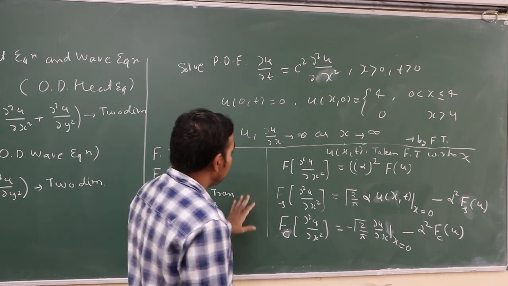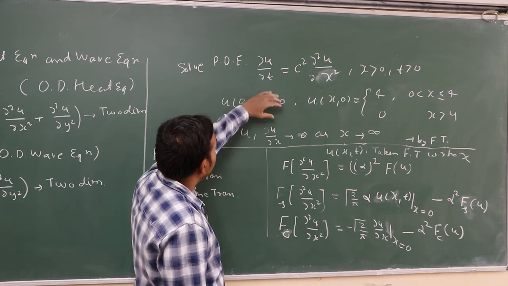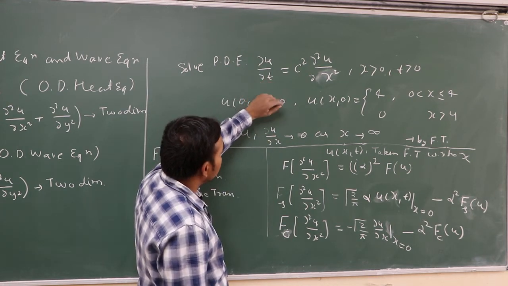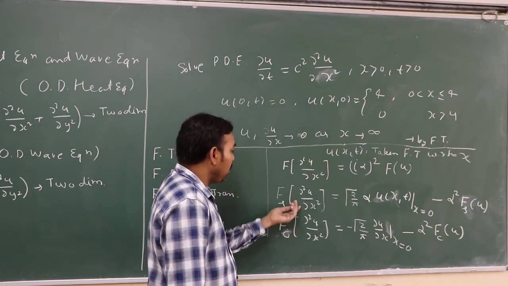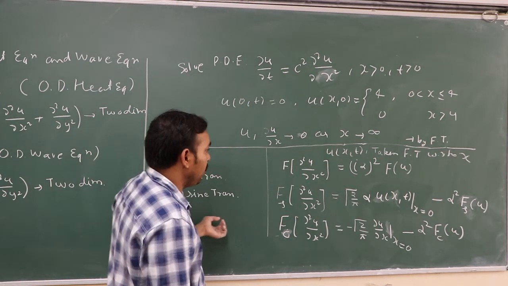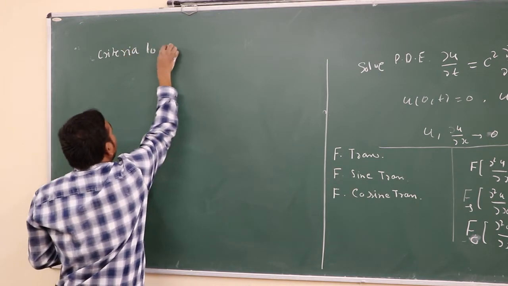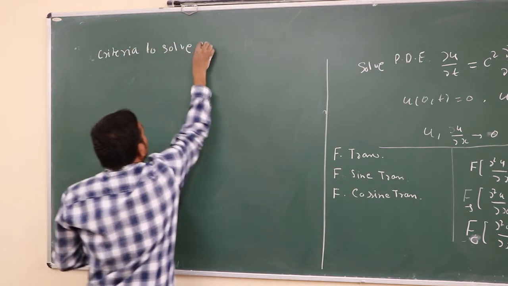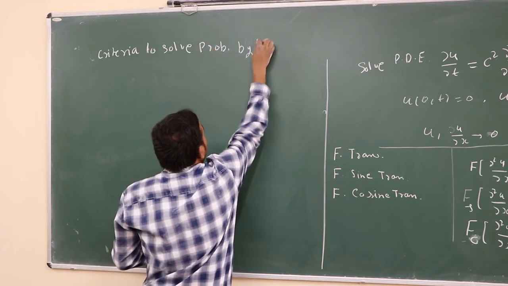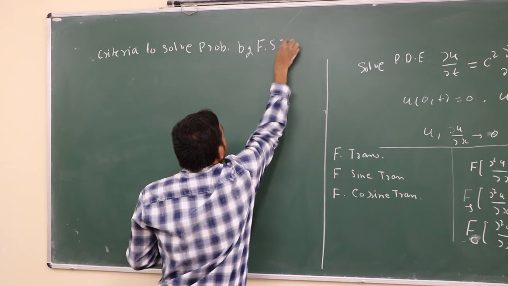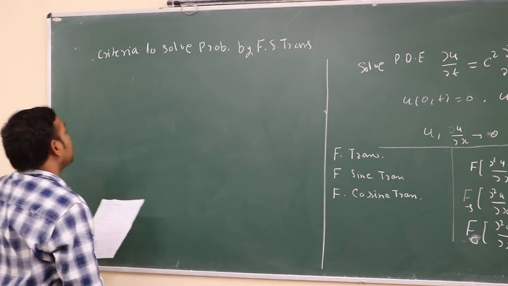First we will discuss the solution of the partial differential equation, or solution of the heat equation, with the help of the Fourier sine transform. To solve a problem by Fourier sine transform: